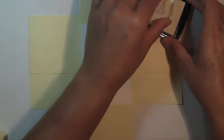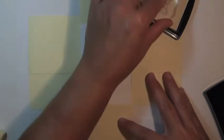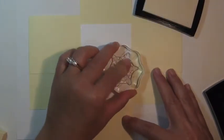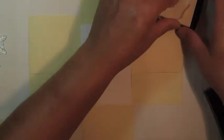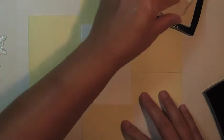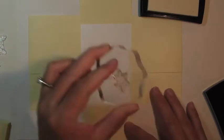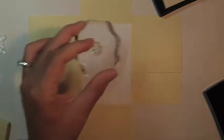With the masks in place, begin stamping using Versamark ink. I'm using the largest snowflake from the Let It Snow stamp set available from Gina K Designs. Switch to a smaller snowflake and stamp a few more times. Make another switch to an even smaller snowflake and continue stamping a few more times. And one final switch to the smallest snowflake in the Let It Snow stamp set, and fill in wherever you